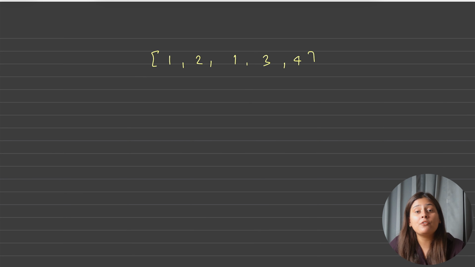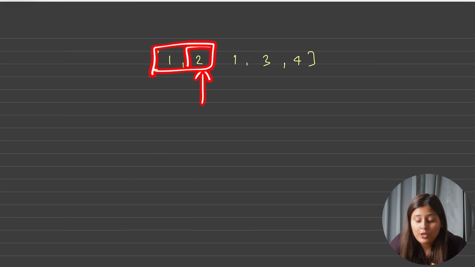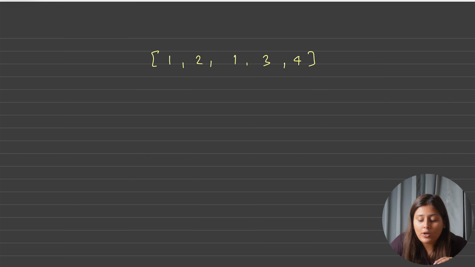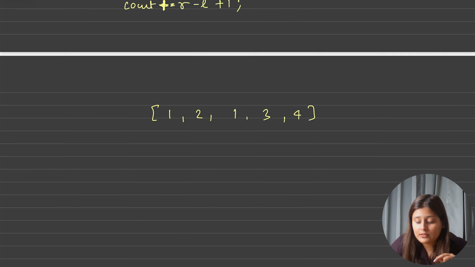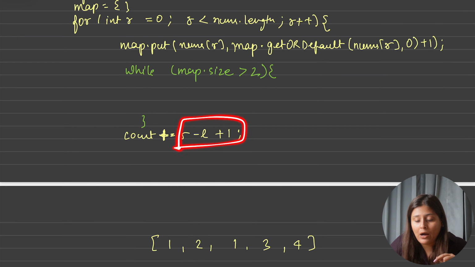If you remember, suppose we had 1, 2, 1, 3, 4. Okay, and I want to count the number of subarrays which end exactly with this. So I have only 1. Now I want to count the number of subarrays which exactly end with this. So I will do this and this. Which end with this, I have already counted. So what is this? This is nothing but length only. So that's why I am adding this right minus left plus 1 in my count variable.